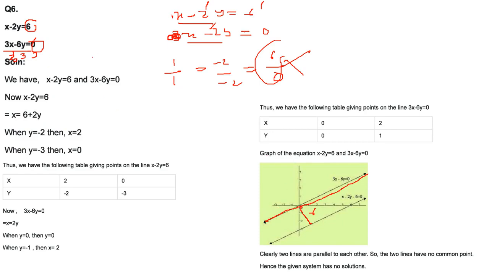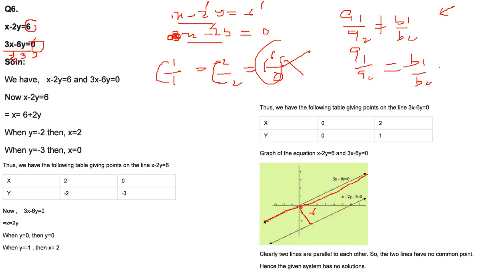So these two lines are exactly similar. We'll talk about this a1 by a2 and b1 by b2 and c1 by c2. Let me tell you here only. If a1 by a2 is not equal to b1 by b2, then we say that the system of equations has a unique solution, that is, they are going to intersect. If a1 by a2 equal to b1 by b2 not equal to c1 by c2, that is here 6 by 0 was not equal to 1 by 1 and this 1 by 1, in this case the lines will be parallel.